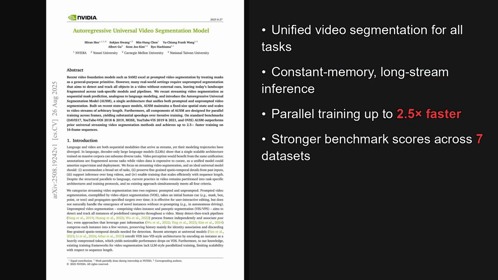I'm Alex. Today we are looking at a paper from the Hugging Face trending list, published on August 26, 2025, just 2 days ago. The standout idea is a single autoregressive model that unifies prompted and unprompted video segmentation, while keeping constant memory and enabling much faster parallel training, with up to 2.5 times faster training on 16-frame sequences. The paper is titled Autoregressive Universal Video Segmentation Model, and as we will see later, the implications for model training are quite significant. Beyond speed, the model preserves fine spatiotemporal detail and delivers strong results across 7 major video segmentation